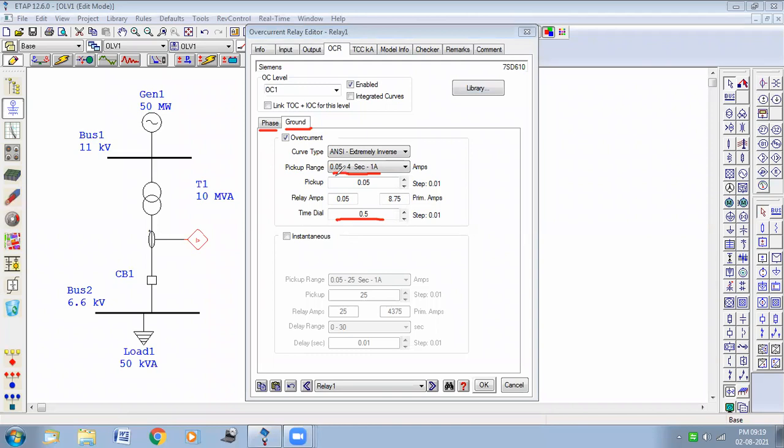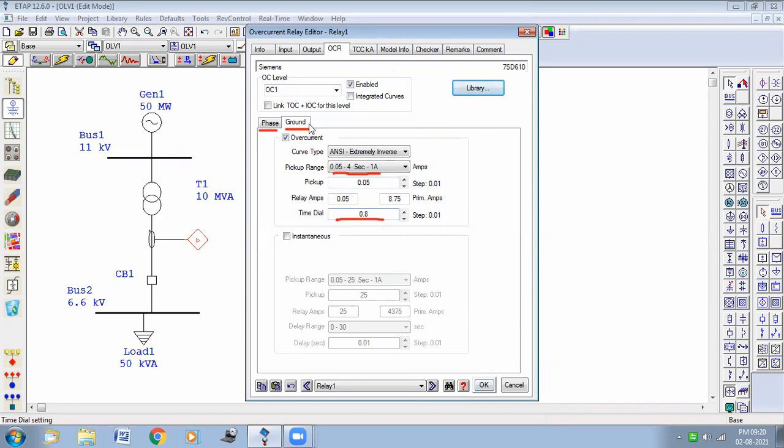The pickup current level is different because for the earth fault relay, a low value of current will pass through the grounded path, or neutral grounded path. So here I'm taking the default value, and here you can change the time dial setting. I'm taking 0.8 for our operation. Then everything is okay.